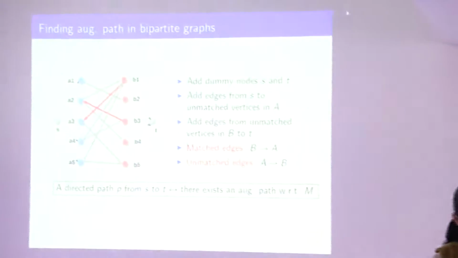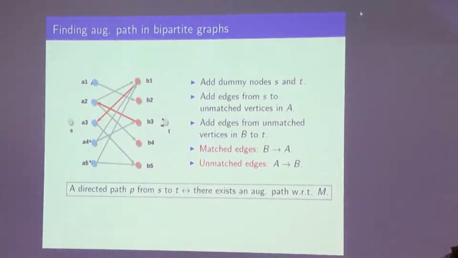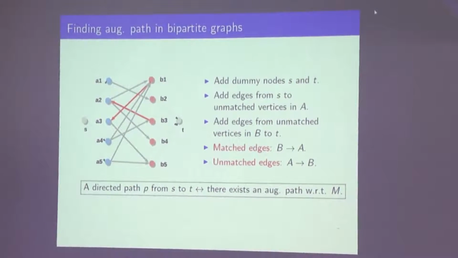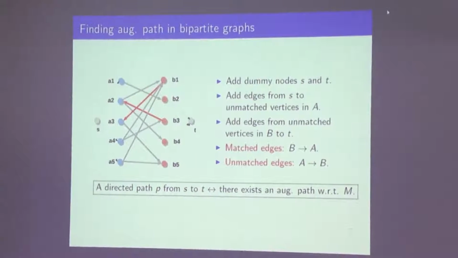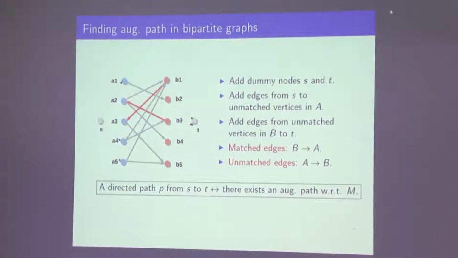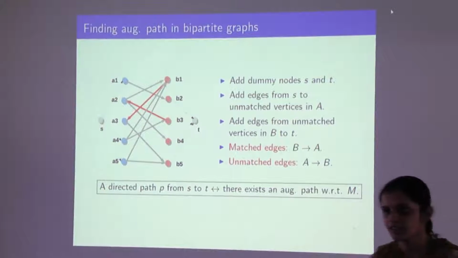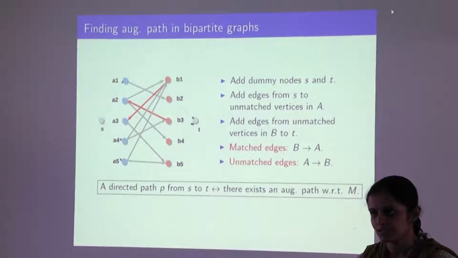So now we have gone inside and designed the black box for bipartite matching. That is, given a bipartite graph and a matching in the graph, you can answer this question: is there an augmenting path? If yes, return me that path. That is simply that ST path. That ST path, you throw away the first and the last edge, and that internal path is going to be an augmenting path. And that is guaranteed to be a path of odd length, along which you can flip.